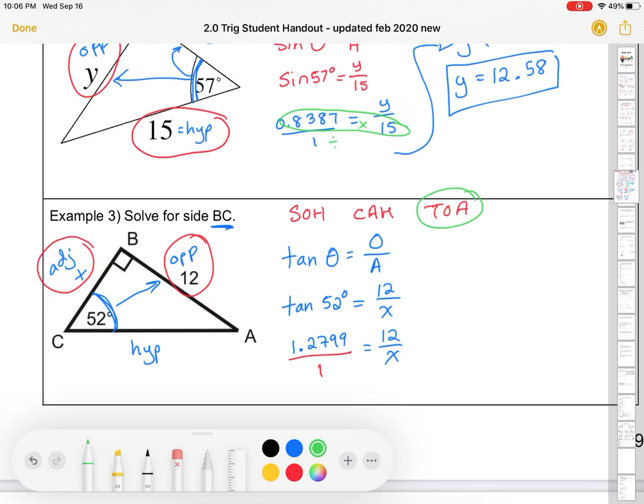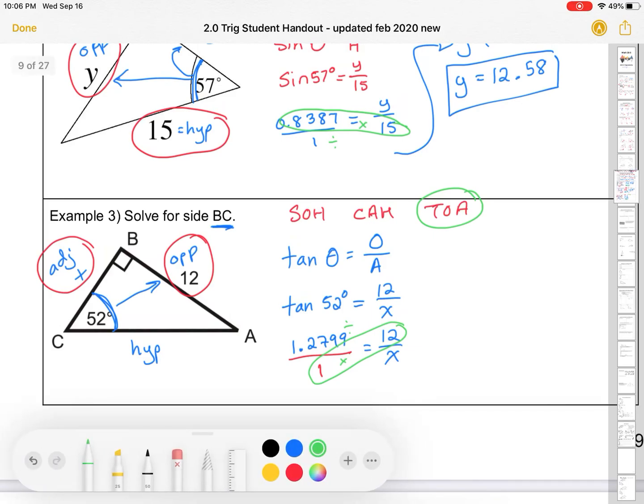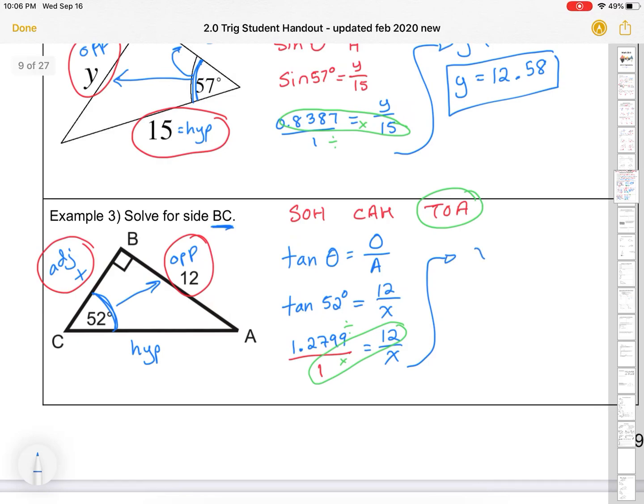And remember, we can put this over 1. Now, when we cross multiply and divide these, it's a little different than the other ones, but we're still going to do it. So we get x is equal to 12 times 1 divided by